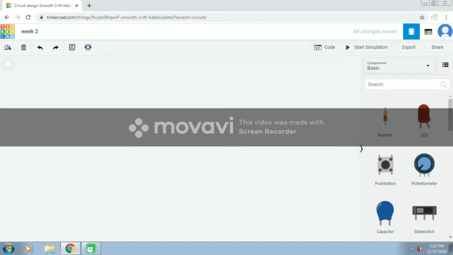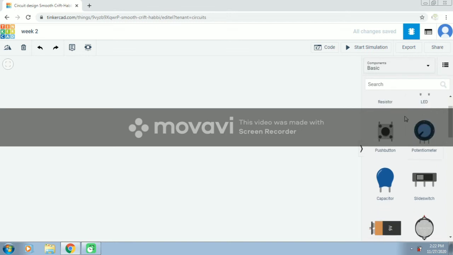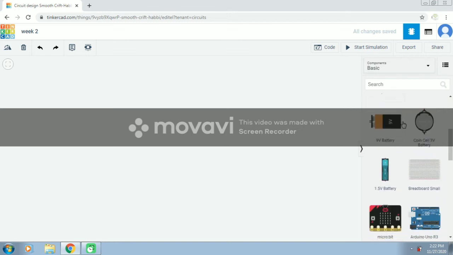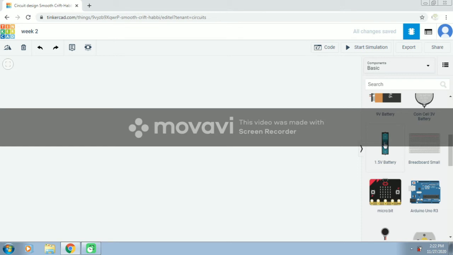Now after this, here you have all the components that we can use in our lab. So we'll go with the basic components first, and when you scroll down you will find the batteries. Okay, first I taught you about the batteries. So how will I place the battery on my screen? You have to click on the battery. Once you click on the battery, you will have a highlight over it. A square highlight will be seen over the image. After clicking it, gently drag it to your screen.